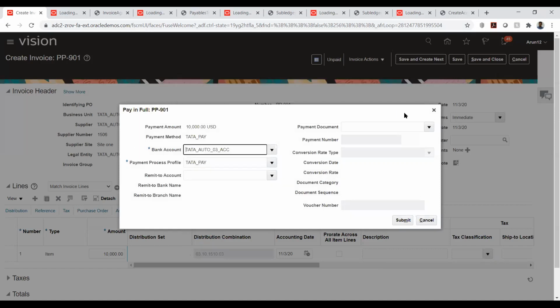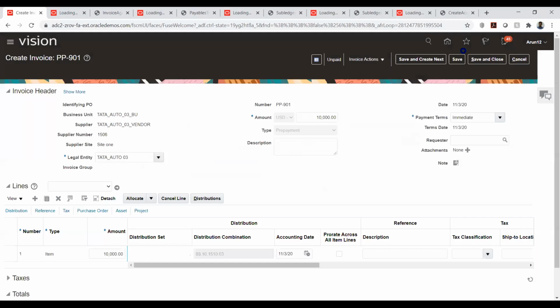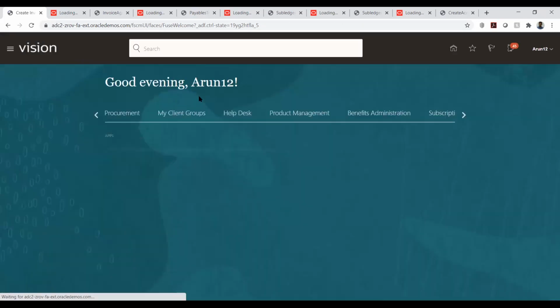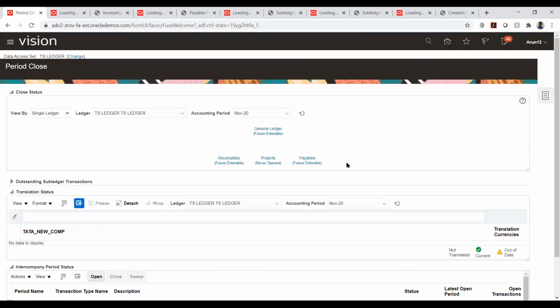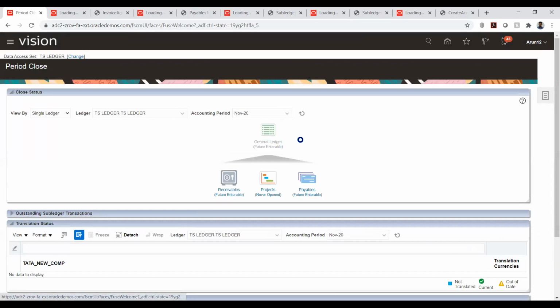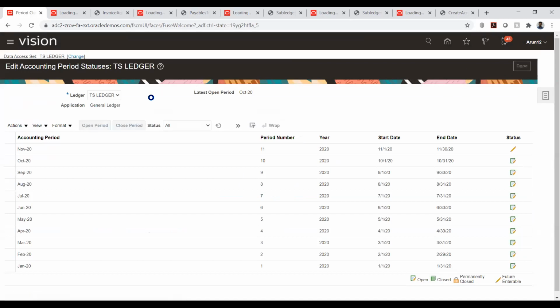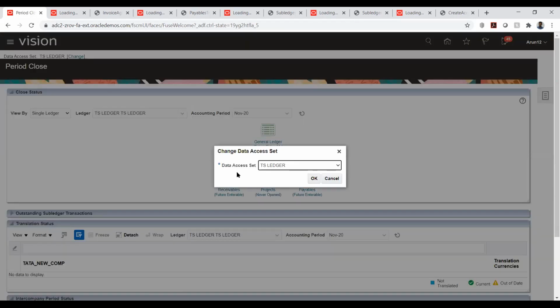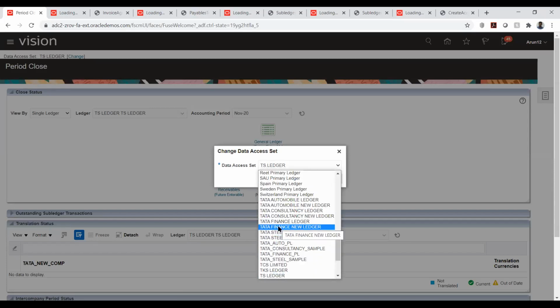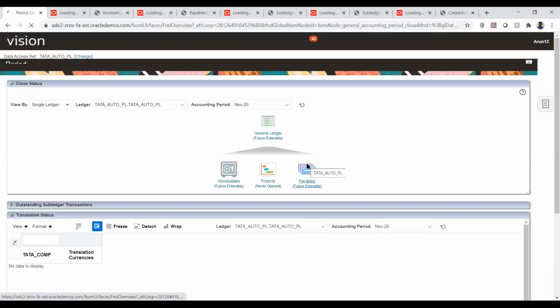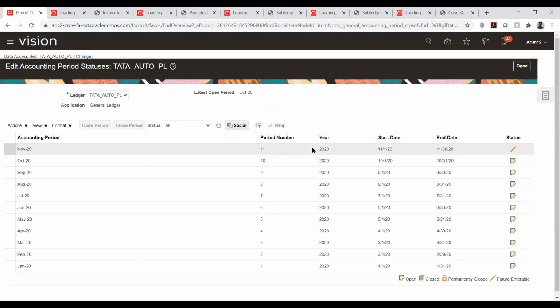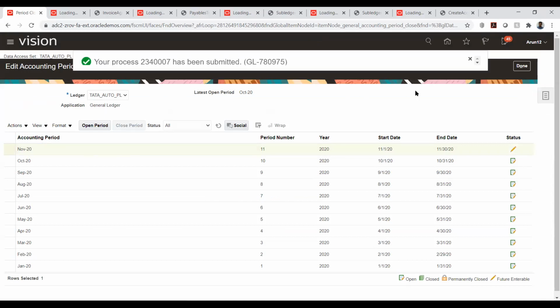Maybe November is not open, I think. So in this case, we need to make sure that both GL and payables are open.